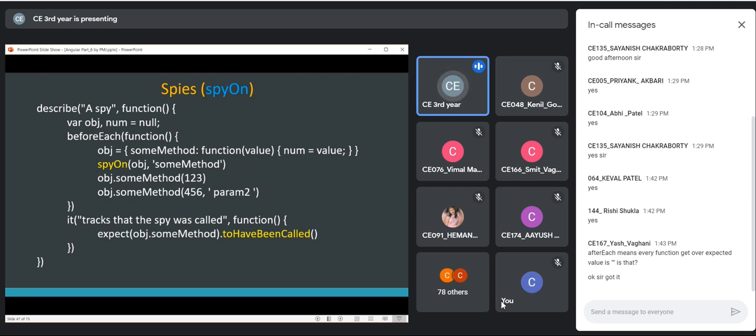Is it clear? This spy related functionality is very useful in testing in any project. The usage is very simple. You specify the object and the method name, and then the framework will look after whether that function is called or not. Later on, you can compare it using a matcher, like whether toHaveBeenCalledTimes two or not. Any doubt in this particular slide? This is important, because there are many related functions available with the spy methods.